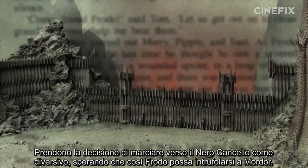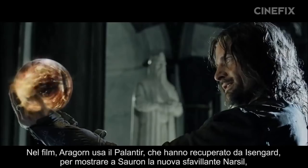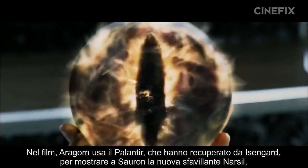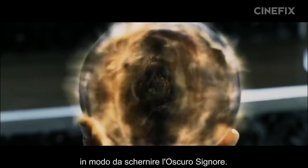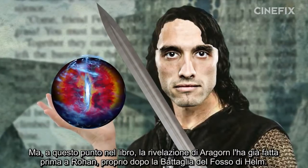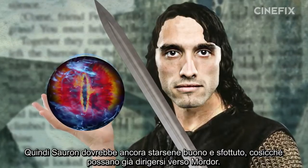They make the decision to march on the Black Gates as a diversion in hopes that Frodo can sneak through Mordor. In the movie, Aragorn uses the Palantir they recovered from Isengard to show Sauron his shiny new Narsil as a way to taunt the Dark Lord. But at this point in the book, Aragorn reveals that he did that way back in Rohan right after the Battle of Helm's Deep. So Sauron should still be good and taunted and